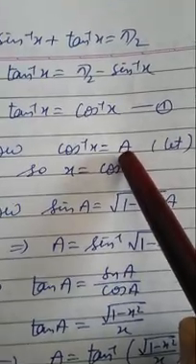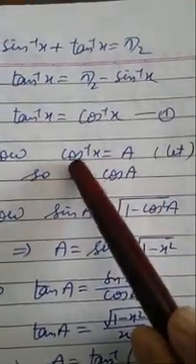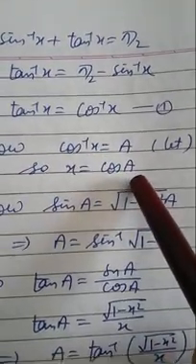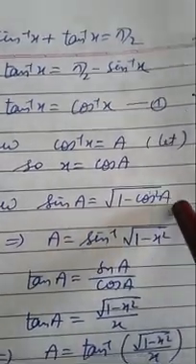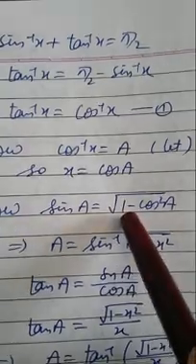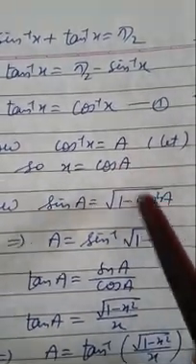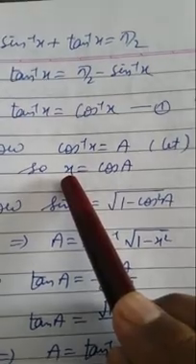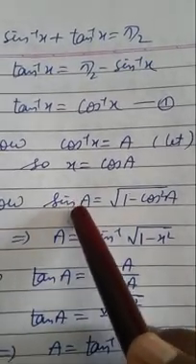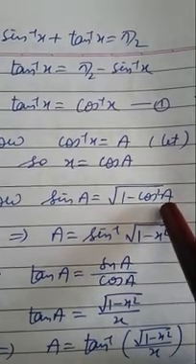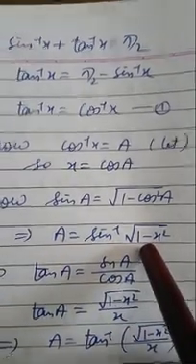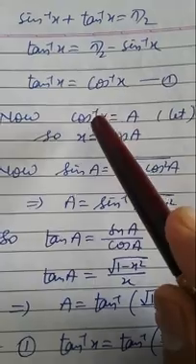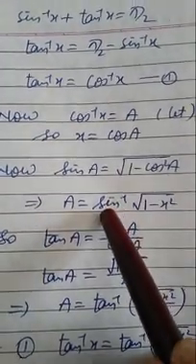Now first we take this cos inverse x as equal to some angle A. We are assuming that. So the value of x is cos A. Now in 10th class we know one identity: sin theta is equal to under root 1 minus cos square theta, that is, sin A is equal to under root 1 minus cos square A. In place of cos A we put x. So sin A is under root 1 minus x square. So A is sin inverse of under root 1 minus x square. This shows how you can convert this cos inverse into the form of sin inverse.